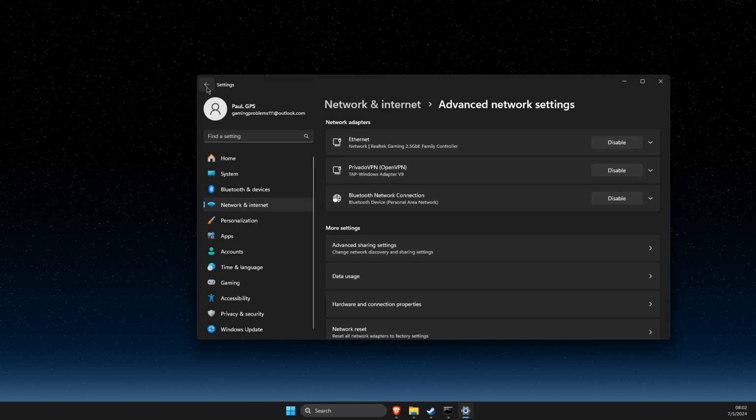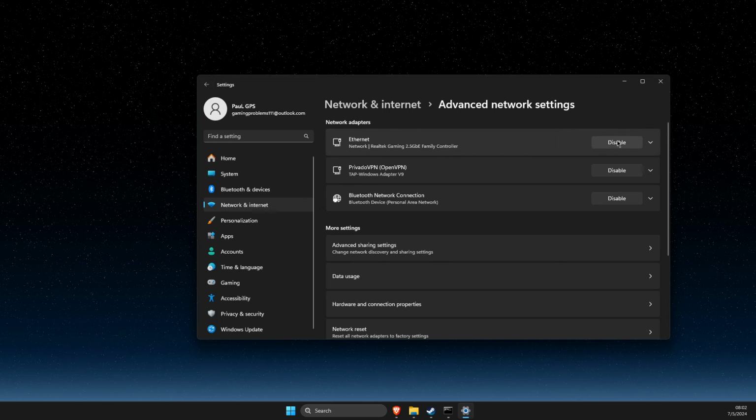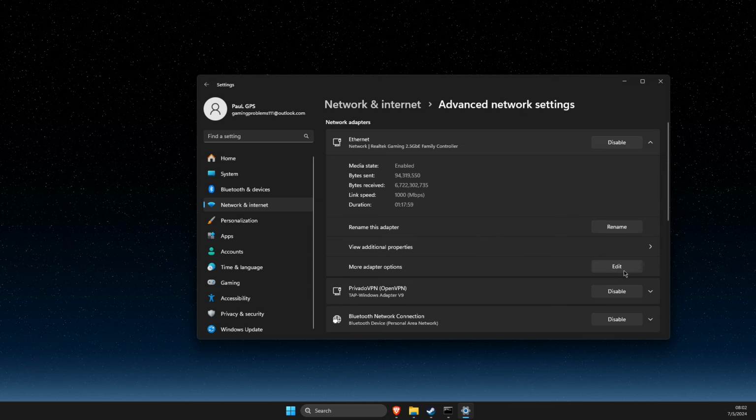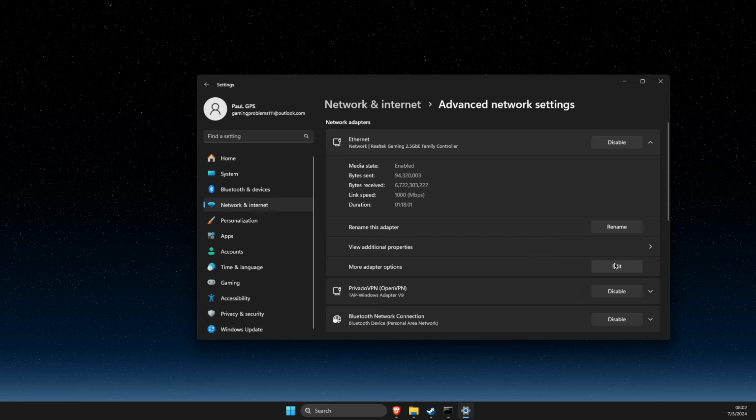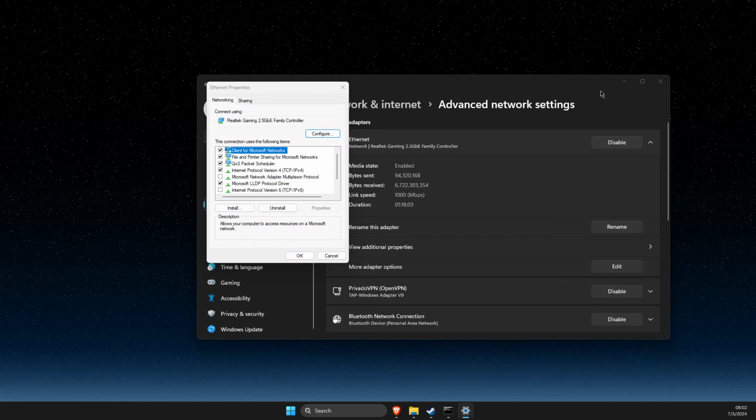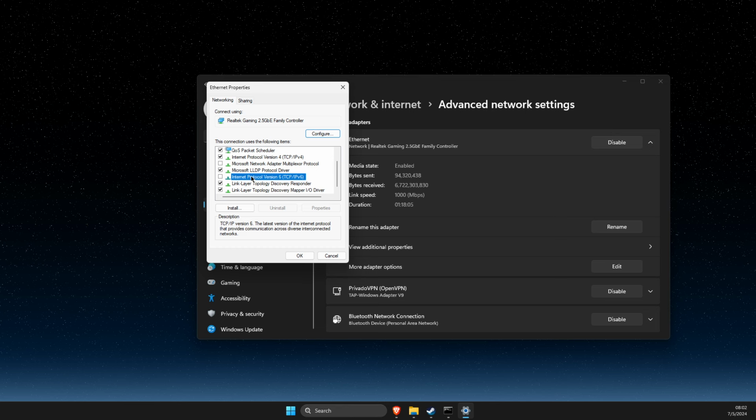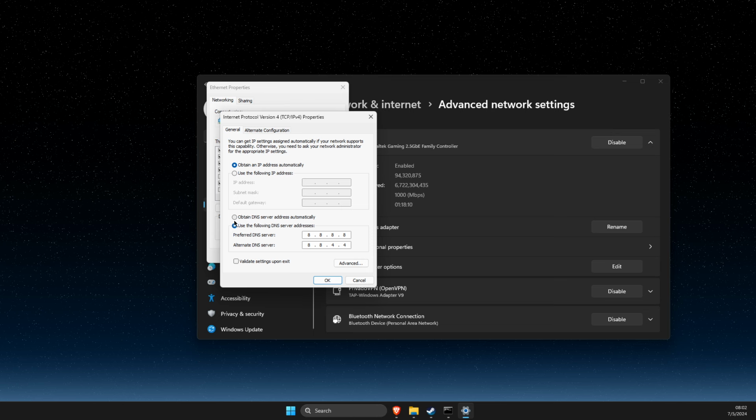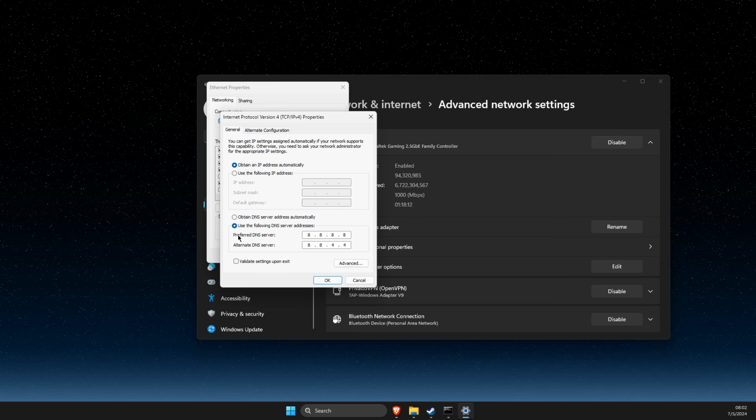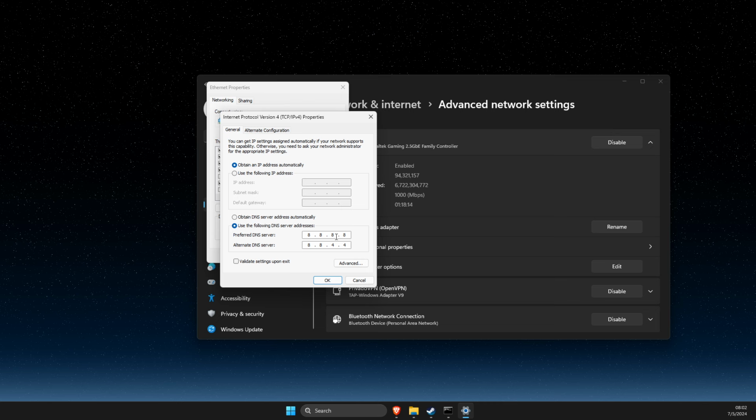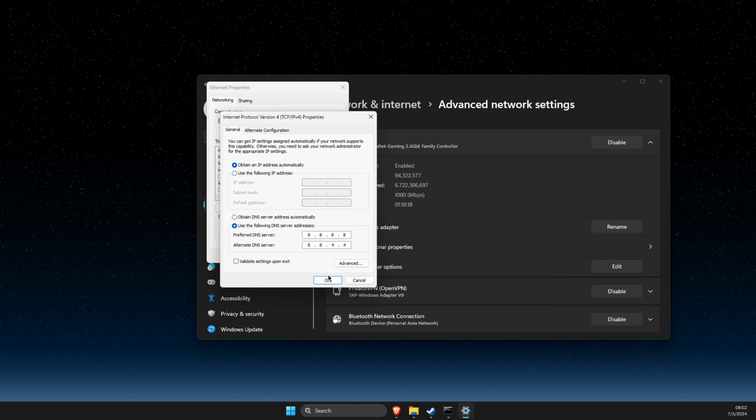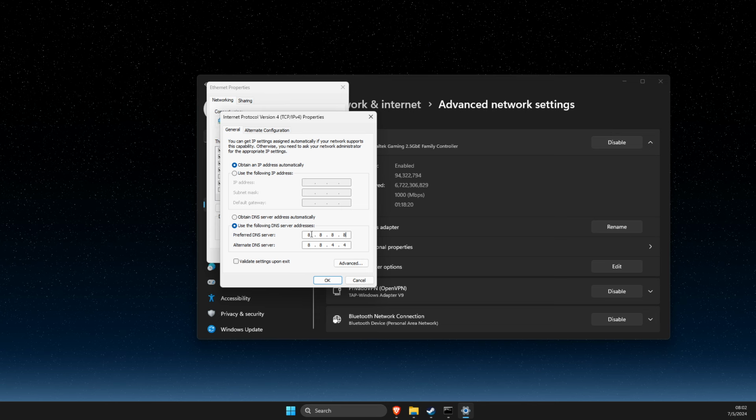If that hasn't helped, then go back, look for your internet connection here, expand the option, then select More adapter options, and here make sure to disable Internet Protocol version 6. Double click on Internet Protocol version 4, select Use the following DNS server addresses, and then write 8.8.8.8 and on the alternate 8.8.4.4, and apply the changes. If it's not working, then try to use